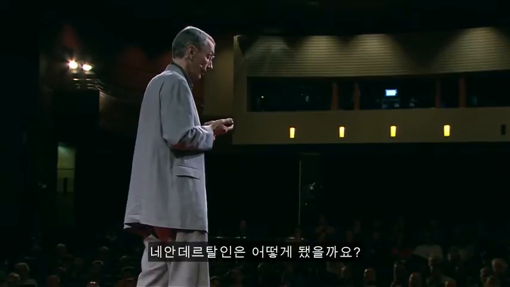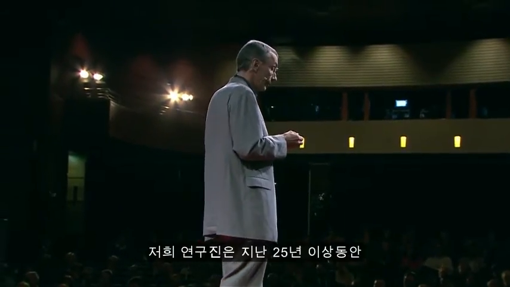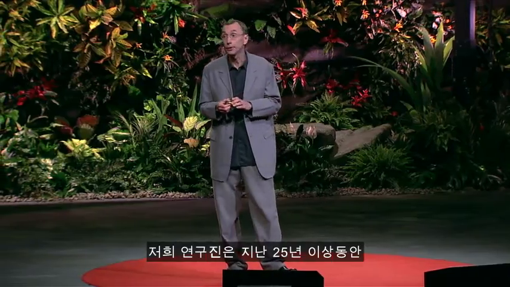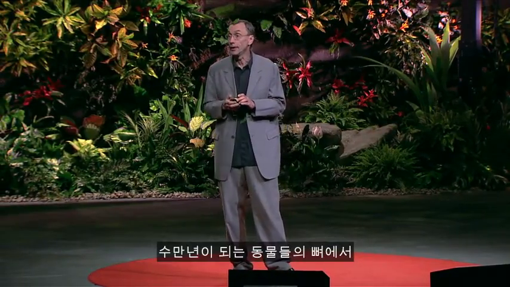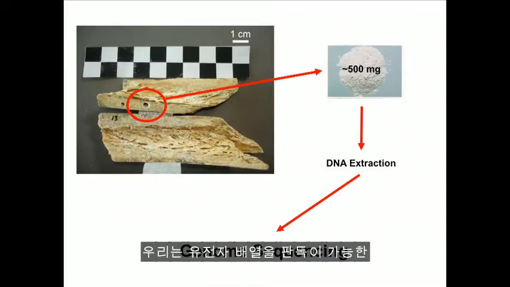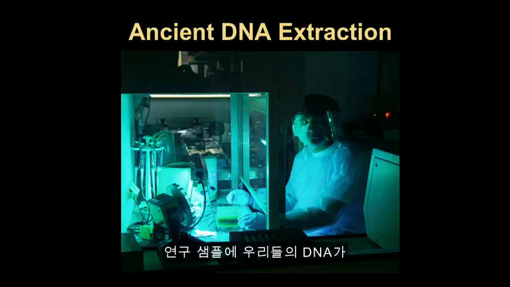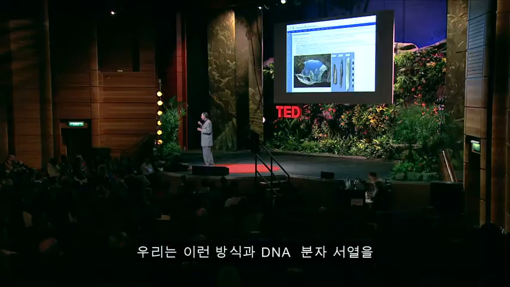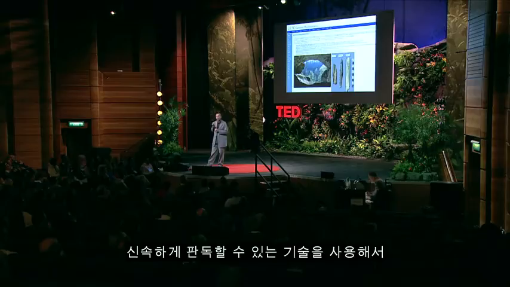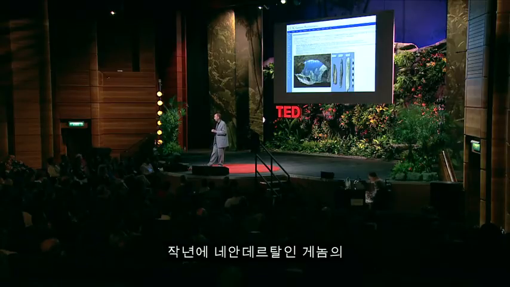What happened to the Neanderthals? And to begin to answer such questions, my research group, for over 25 years now, has worked on methods to extract DNA from remains of Neanderthals and extinct animals that are tens of thousands of years old. So this involves a lot of technical issues in how you extract the DNA, how you convert it to a form you can sequence. You have to work very carefully to avoid contamination of the experiments with DNA from yourself. And this, in conjunction with methods that allow very many DNA molecules to be sequenced very rapidly, allowed us last year to present the first version of the